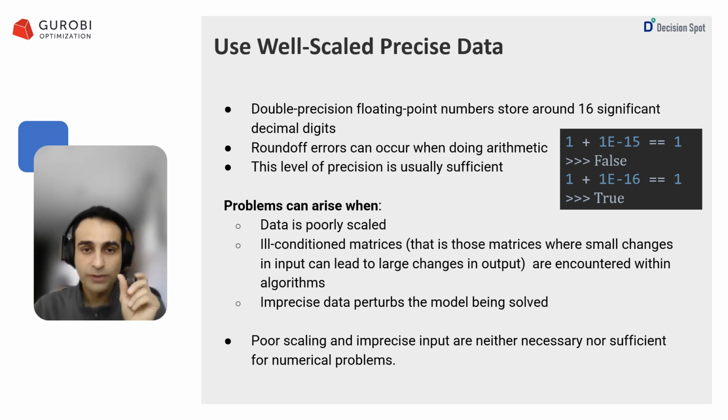This should show that with very fine precision, values can blur together, making it hard to keep those differences straight in calculations. That's why it's crucial to ensure that your data is well scaled and precise. Without it, tiny inaccuracies in the data can cascade through the model and end up producing misleading results or numerical